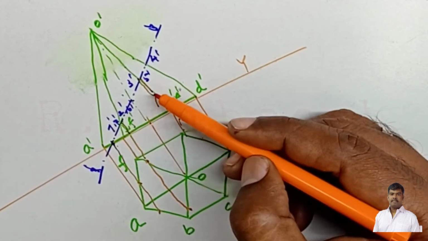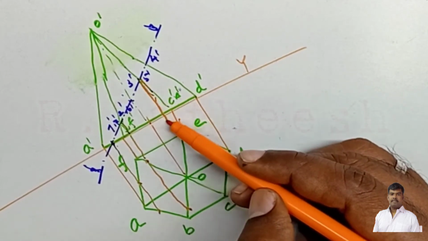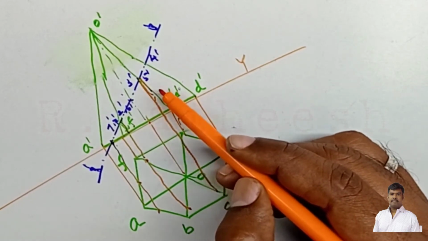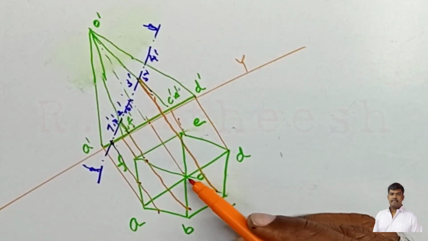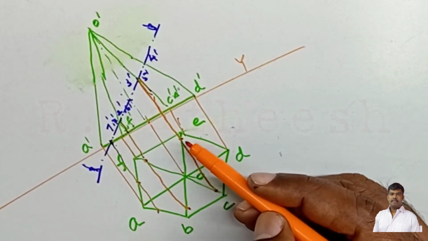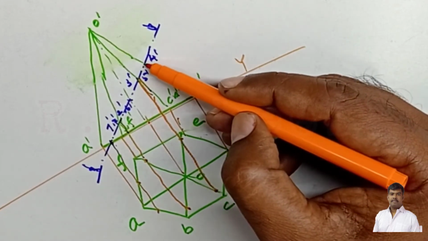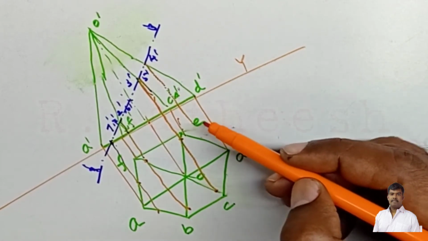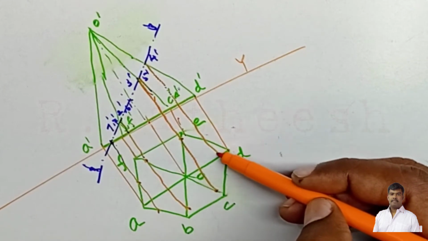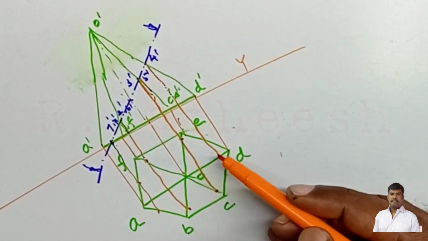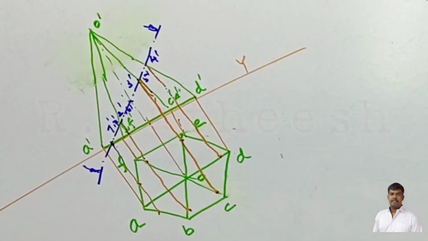Clear? From 3 and 5, it lies on OC and OE. Therefore, on OC, this is number 3 and on OE, this is number 5. And the last one is from 4. The 4 point lies on OD. Therefore, on OD, the cutting point is 4.